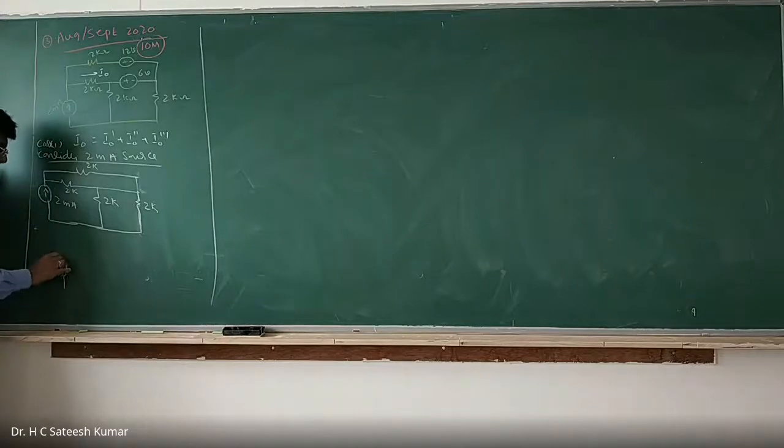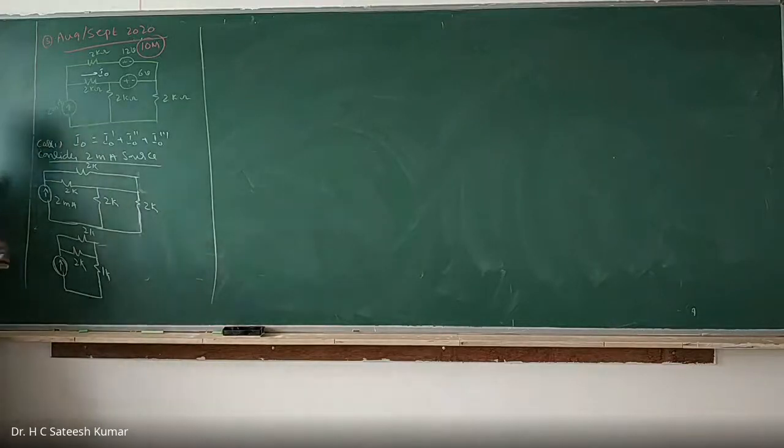And I can write it as a very simple one. This is 2K, this is 1K, this is 2K. Now what we have is this current. This current we need to find out. And we know that whatever the current 2 milliamps is there, now we can directly write it. Observe carefully. No need to do so much I naught dash.